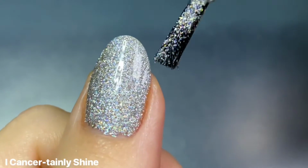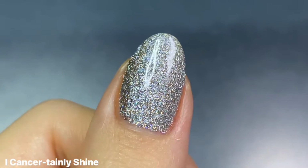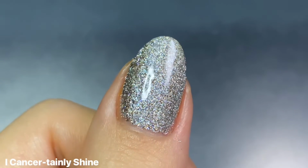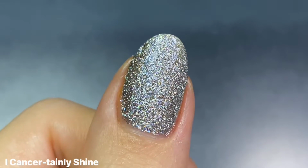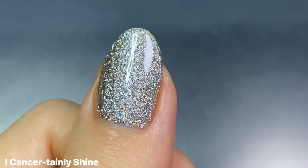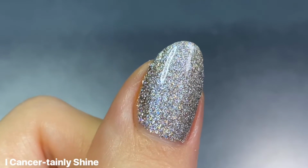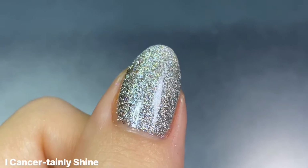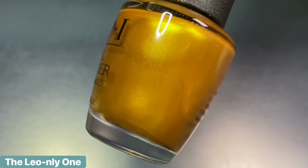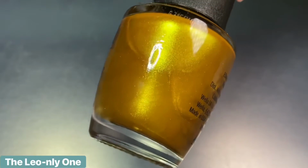It's your standard silver holographic nail polish. I think it's super pretty, sparkly, love it, but maybe it's a little more out there than what I normally would think of for Cancers, because I would go for something a little bit more subdued, but maybe that's just me. Speaking of being out there, the next one we have is the Leo-nly One,